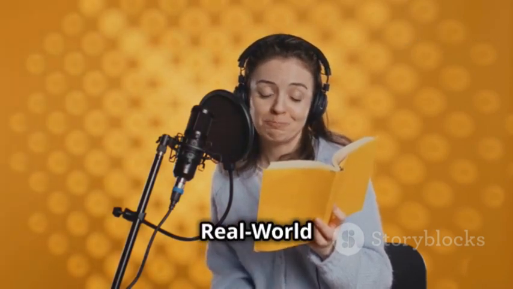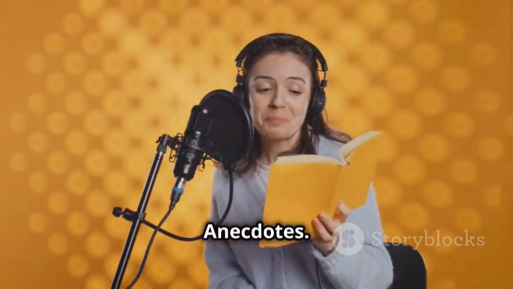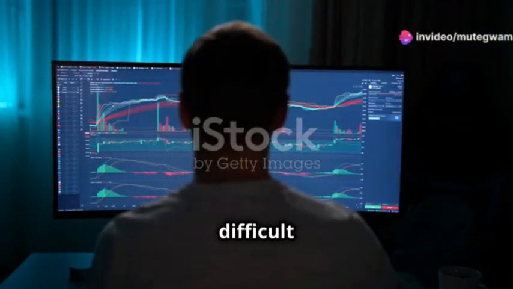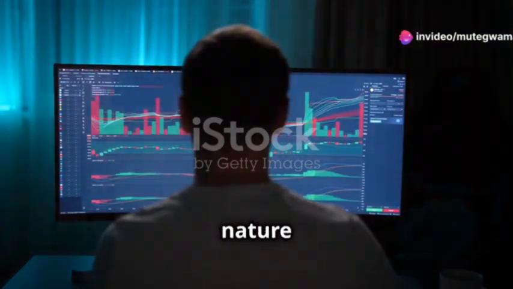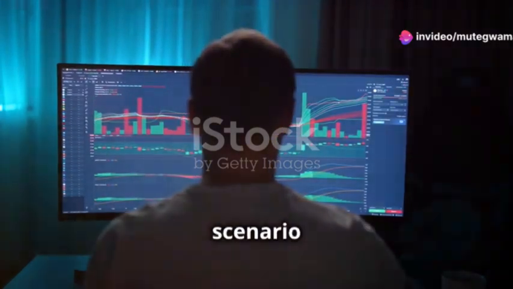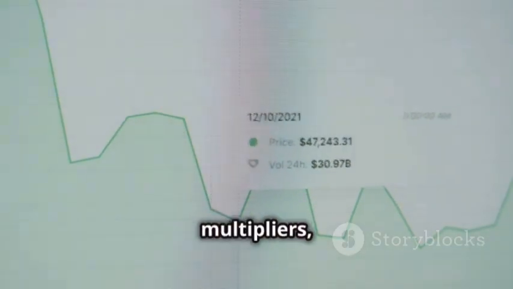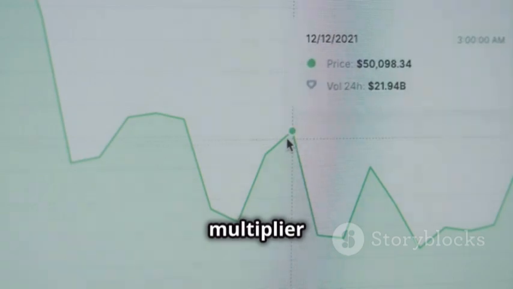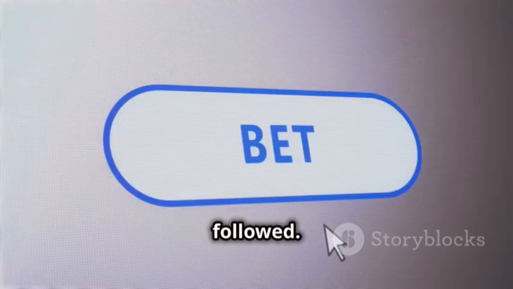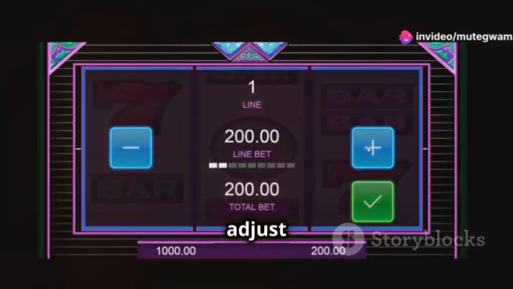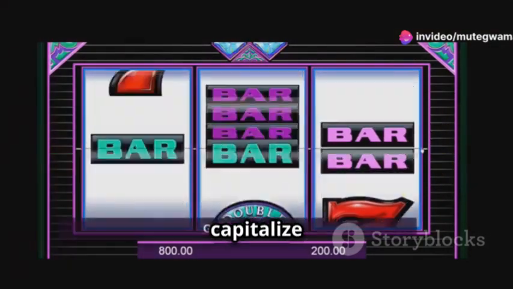Section 8. Real-world examples and anecdotes. While specific examples involving real monetary gains are difficult to provide due to the unpredictable nature of the game, consider this scenario. A player consistently noticed that after a series of low multipliers, a higher multiplier often followed. By combining this observation with the predictor's insights, they were able to adjust their betting strategy and capitalize on these